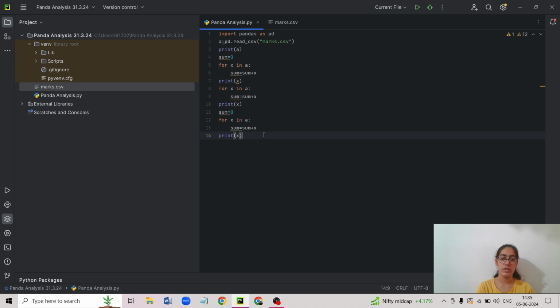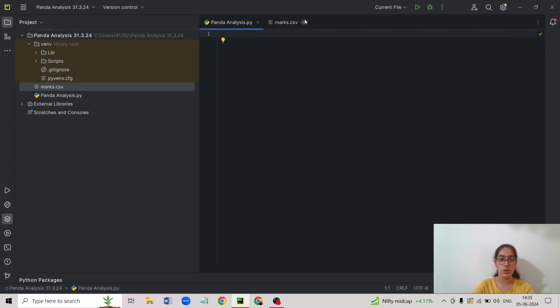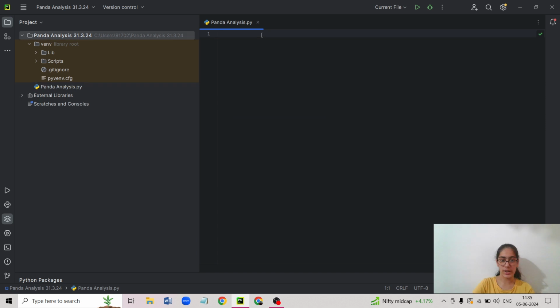If you wonder whether there is any other way we can find the sum of the marks without actually using pandas, yes, we can. So first I'm going to select all this and delete it so that I can show you. Delete the marks file also, because we don't want an extra. So here we are going to write f equals open, marks.txt. For pandas we were using csv, but for a text file we'll be using txt, comma w means write.